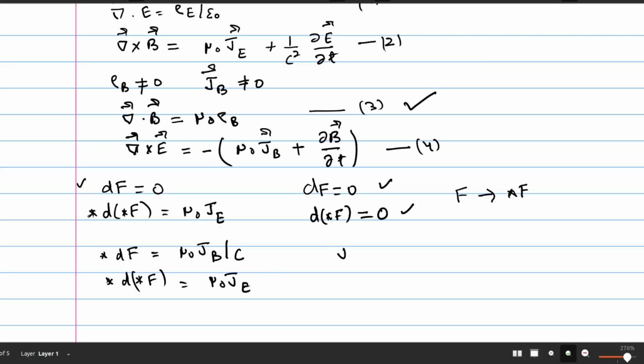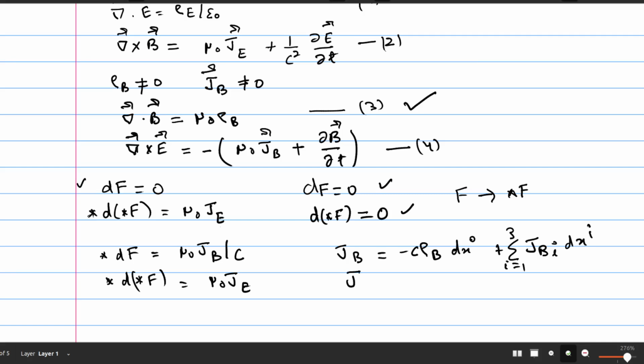Here Jb in terms of rho b and J vector b is c rho b dx0 plus Jbi dxi, i summed from 1 to 3,